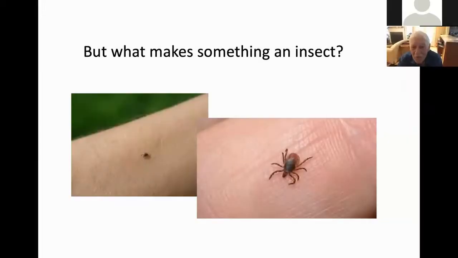This is a picture of my arm. Is it a bug? No. It's actually a tick. And ticks are commonly lumped with insects, but the difference is it has an extra pair of legs because insects